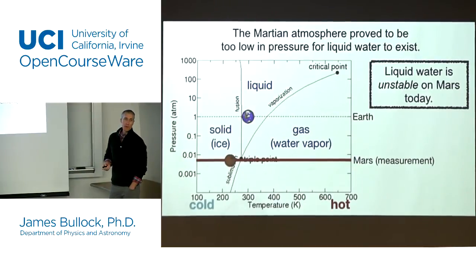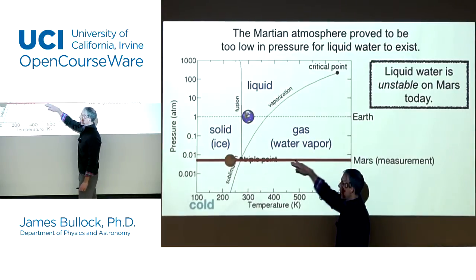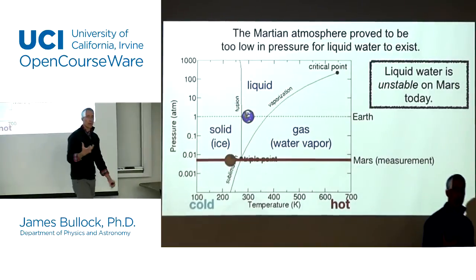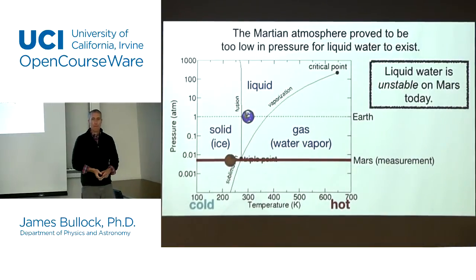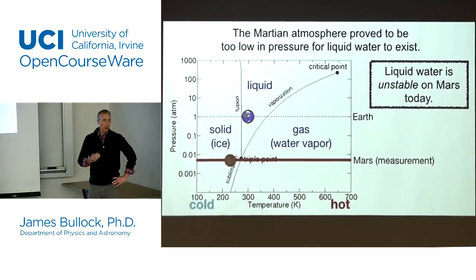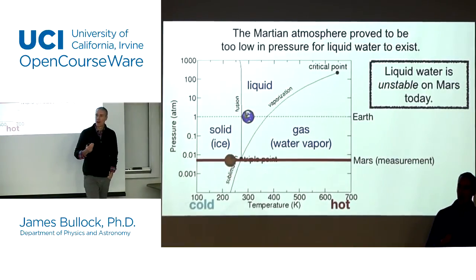Also, the atmosphere proved to be a lot less dense than people originally thought, and in fact, we now think that the atmospheric pressure on Mars is below the triple point of water, and so we don't think there's a lot of flowing liquid water on the surface of Mars right now. So liquid water is unstable on Mars. If you went to Mars with a jug of water and opened the jug up, it would immediately either freeze or turn to vapor. It would not be stable in a liquid state. So that's kind of bad news, at least for life like our own on the surface of Mars.